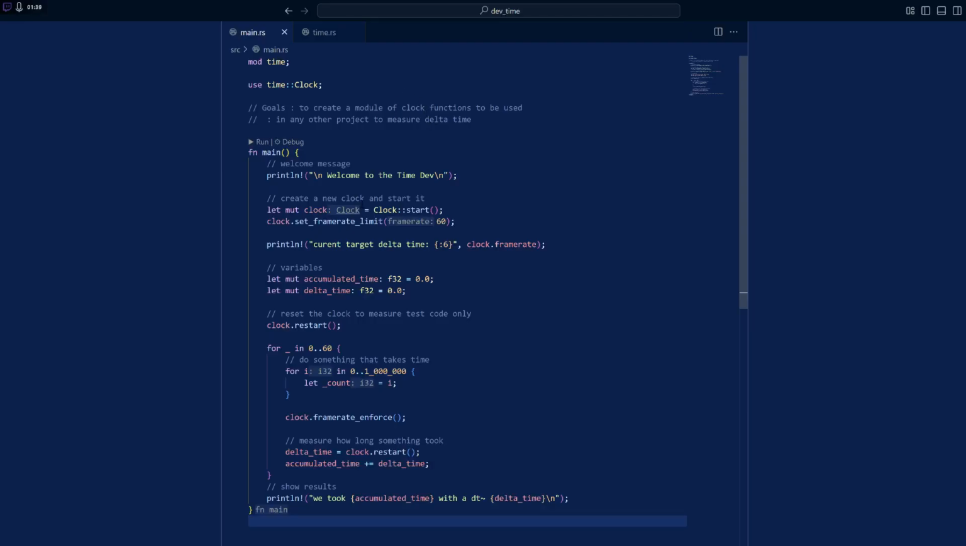This is the test, the main function for our clock. We're putting up a welcome message. We create a new clock. We'll go to the code in a minute because it's going to get changed. We set up some variables for measurement. We restart the clock so that it only measures what we're doing, the test code, which is basically a for loop. We are enforcing a frame rate, so we set it at 60 frames per second,